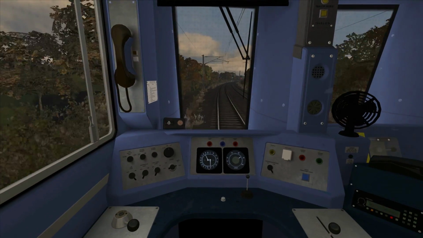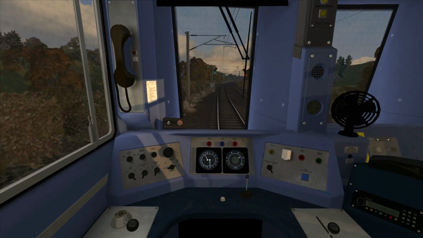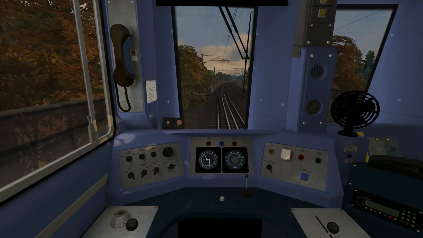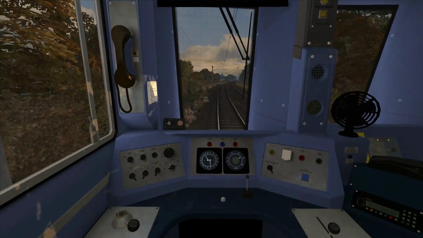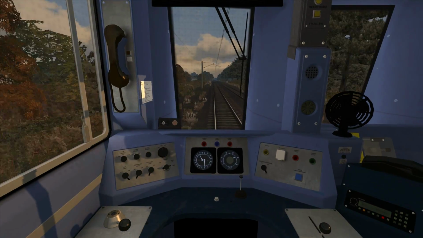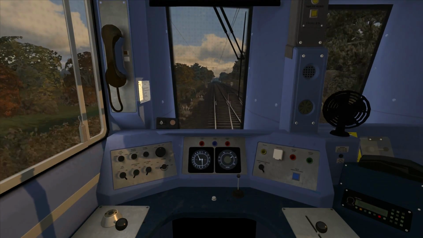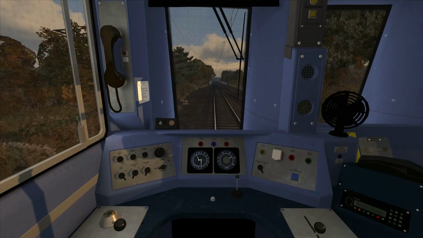As you can see, when you're doing 75 miles per hour in a Pacer, you certainly get a pretty good appearance of speed, especially with the bounce that you get on this train, and it really does look like you're actually doing 75. That's one of the things in Train Sim I'm not such a fan of, is with the trains, particularly when you're sat higher up and further away from the track, that the appearance of speed can